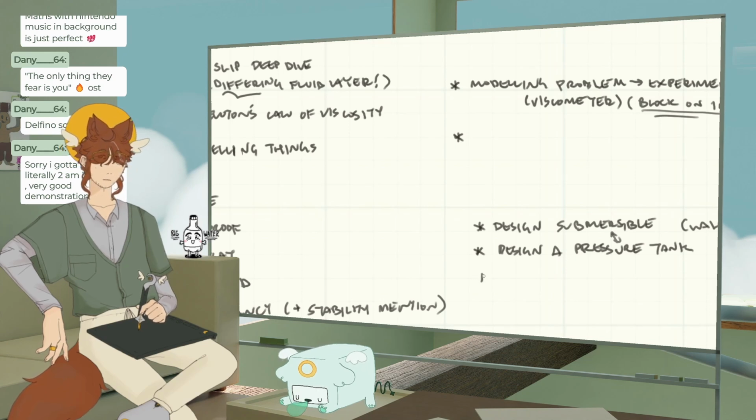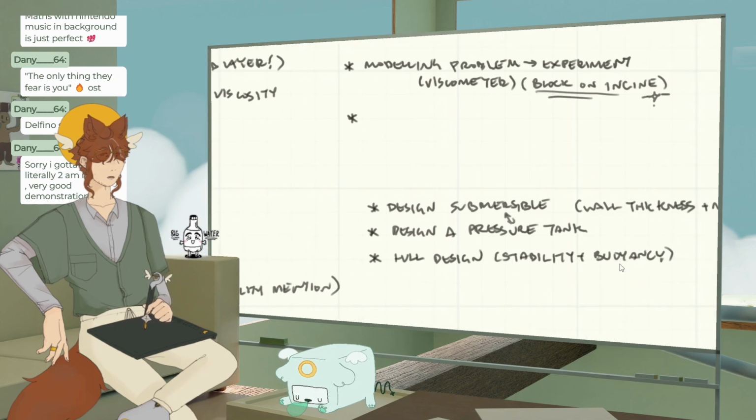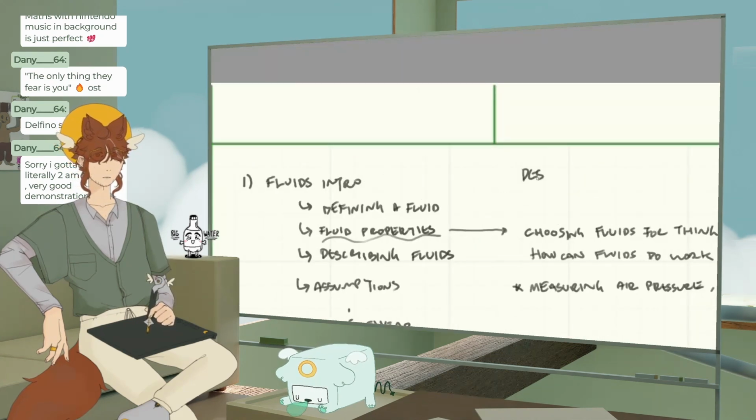And then also with pressure, you could do buoyancy design. You could do a whole design that would be stability and buoyancy. So knowing that buoyancy is based off of the water displaced, how do you increase or decrease that based off of the mass. I really want to have a design emphasis on